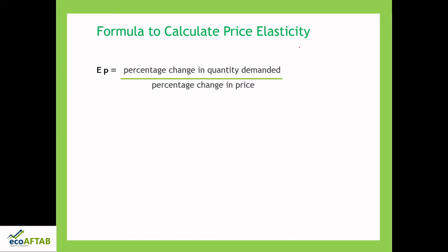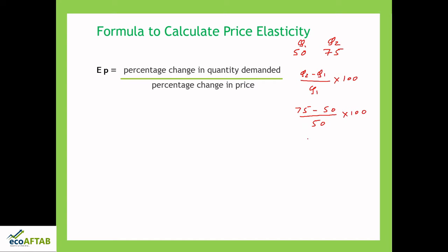If I say, friends, that your quantity demanded at present is 50 units and later it increases and becomes 75, this is our old quantity Q1 and this is our new quantity Q2. When you want to know the percentage change, the formula is Q2 minus Q1 divided by the original quantity, into 100. So, what is Q2? 75. What is Q1? 50, divided by the original quantity, that is 50, into 100.